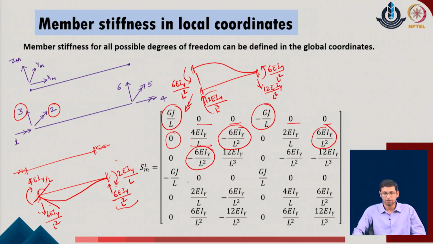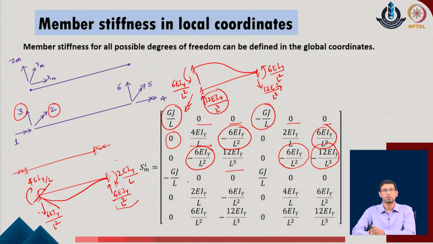The vertical force is positive in the given point. So, this is 12 EI upon L cube, and similarly the other two values minus of 6 EI upon L square and the vertical force minus of 12 EI upon L cube can be defined. In the similar manner, we can also go ahead with the degrees of freedom at the node 2 and calculate their values, the stiffness contributions of the given system. Once we have these stiffness contributions known to us, we evaluate the stiffness contributions in the global directions.